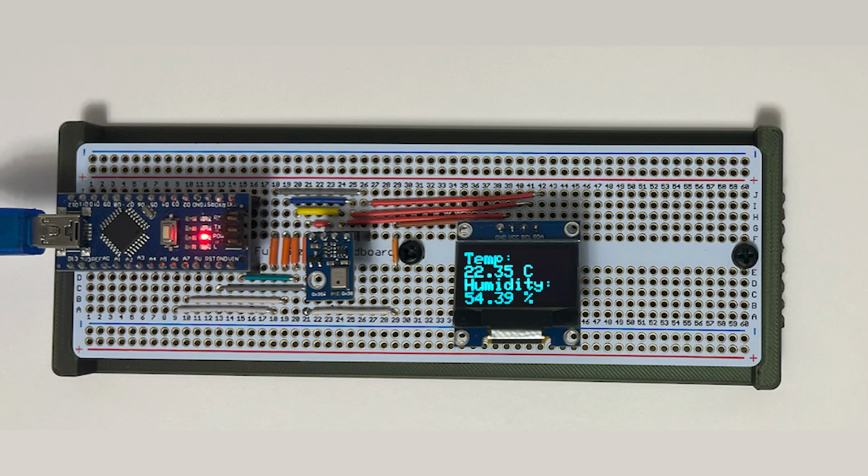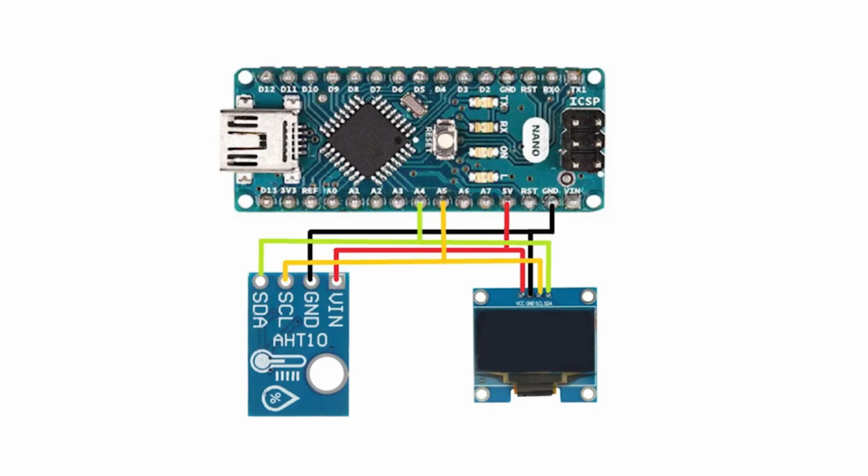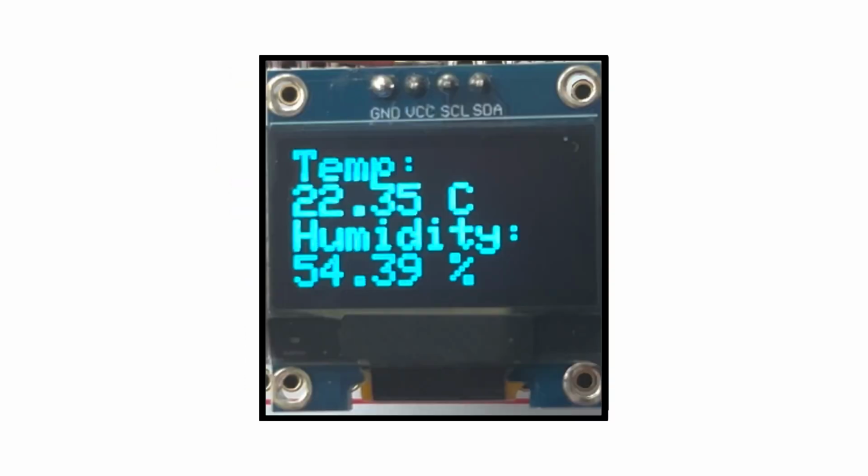The AHT10 sensor is used to measure temperature and humidity, using its built-in thermistor and capacitive humidity sensor. Data from the sensor is processed by the ATmega328P microcontroller on the Arduino Nano, which communicates with the sensor via I2C. The processed data is then displayed on an SSD1306 OLED screen, which provides a clear and visually